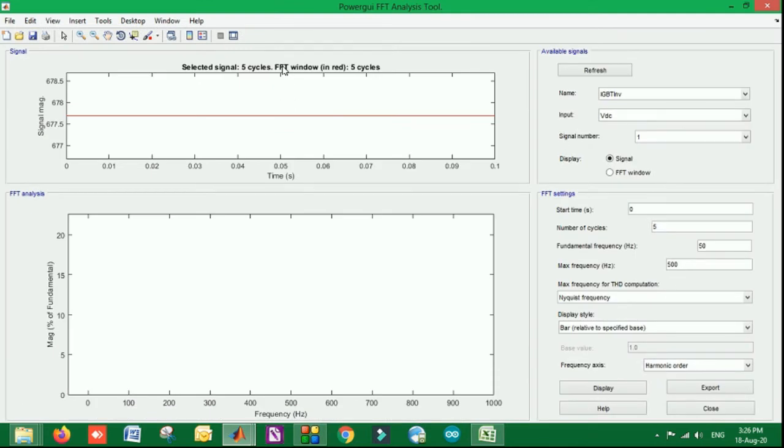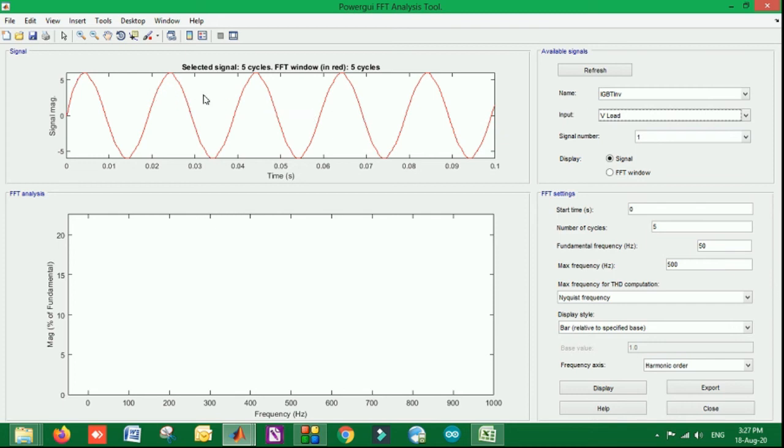Firstly it will show the FFT window, that is the signal, and then the FFT analysis. As we have saved these parameters at the workspace, on whatever output we want to do the analysis, we will click on that. You can see the signal that is represented at the output end. When I'm clicking on the FFT settings, there is a start time, number of cycles, frequency, maximum frequency.